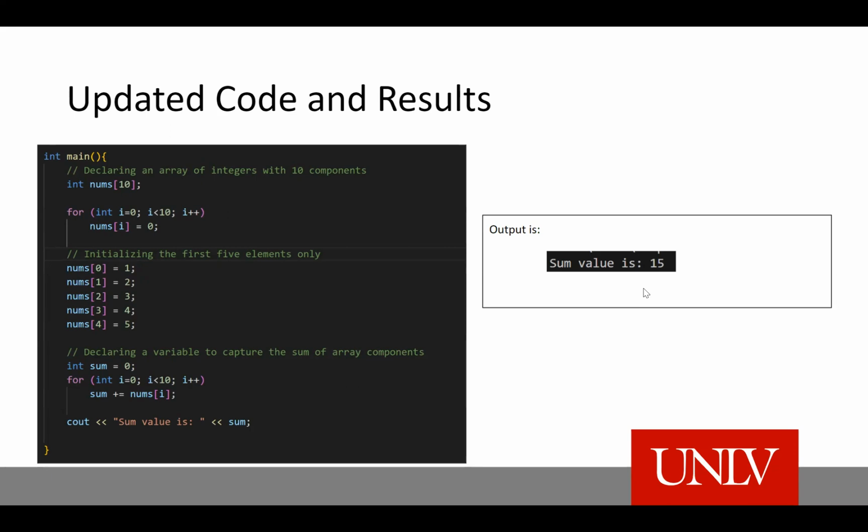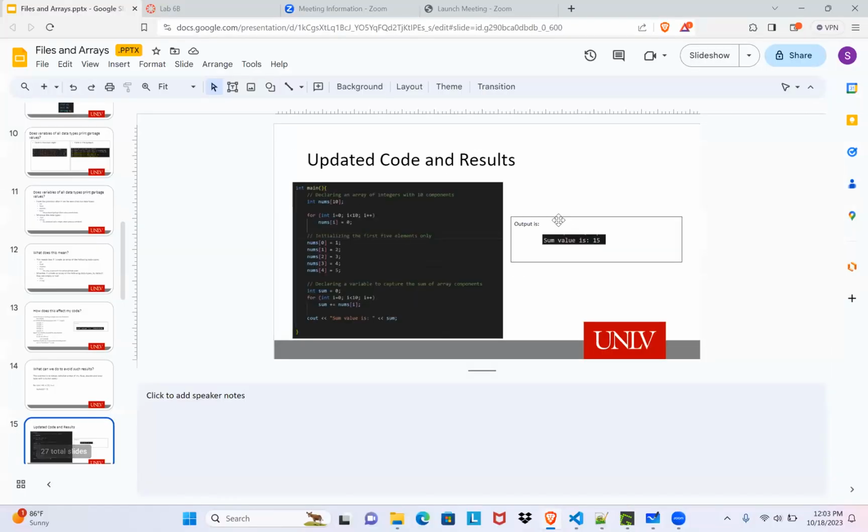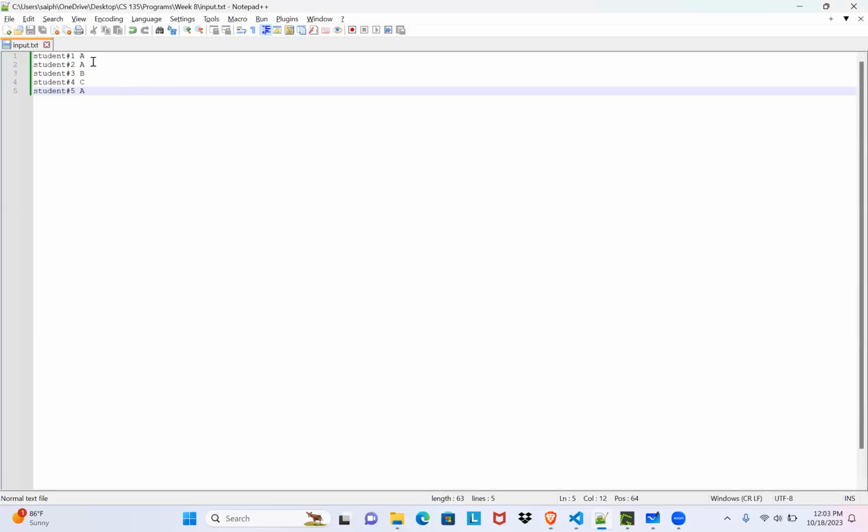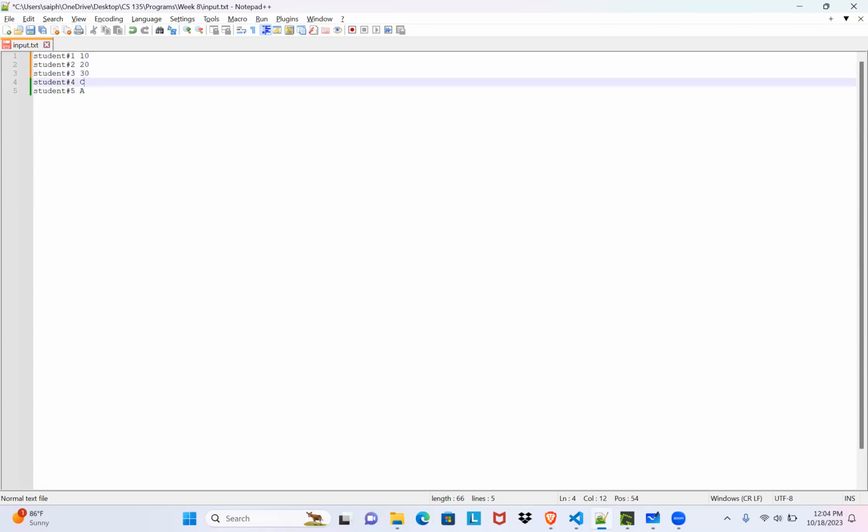So this is how, if we just declare an array of integer, float, double, and bool without initializing, they are going to produce misleading results for us. Now, in our lab assignments, sometimes we may have only, let's say, 5 rows of data. Let's say student 1 has 10, student 2 has 20, student 3 has 30, student 4 has 40, and student 5 has 50. Maybe they could be subjective scores or something. So I just have 5 lines of data available in a file.